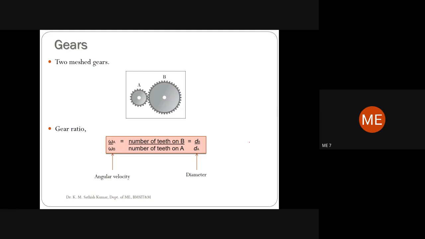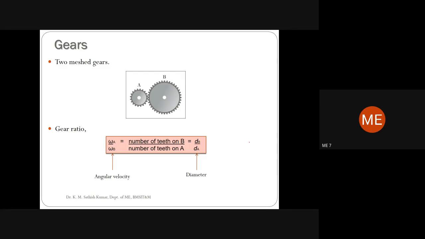Now this is the basic equation what you will be having. Now this is a basic combination of the gears. Now you know, in order to make both the driver and driven rotate in the same direction: in this case, A rotates clockwise and B rotates anti-clockwise. So if you want both driver and driven to rotate in the same direction, then you need to incorporate